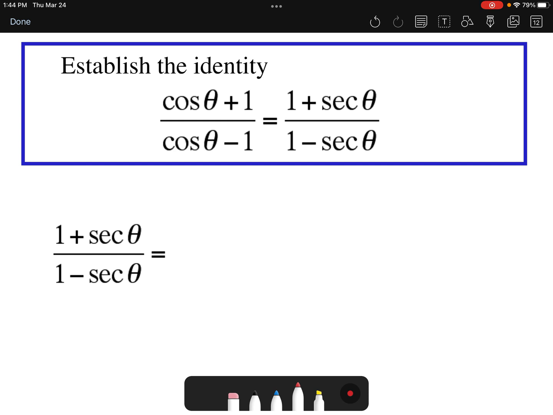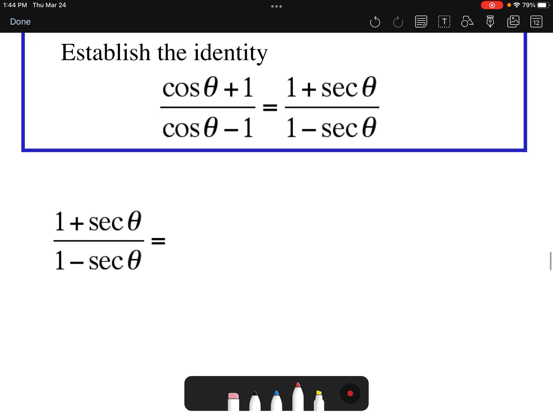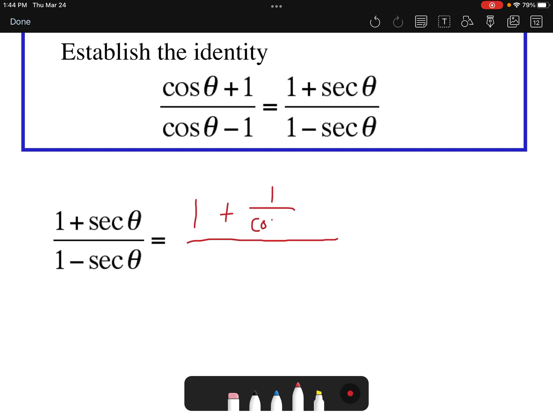Now the last one is a fraction over a fraction. Now that looks kind of difficult. So I'm going to take the side that has the secant, and then we're going to manipulate that, okay? So I'm going to have 1 plus, secant is 1 over cosine. And what I end up with is that. Now, we do, in essence, then have cosine. So that's a start, because remember, we got to get to this side. We got to get to cosine. Well, we have our cosine now. Now we got to